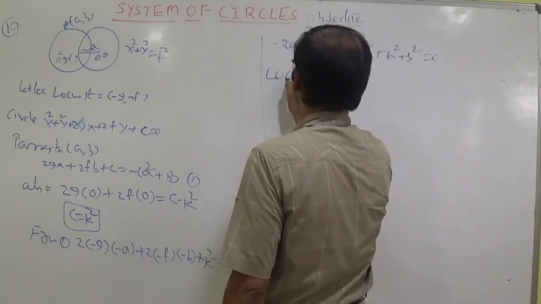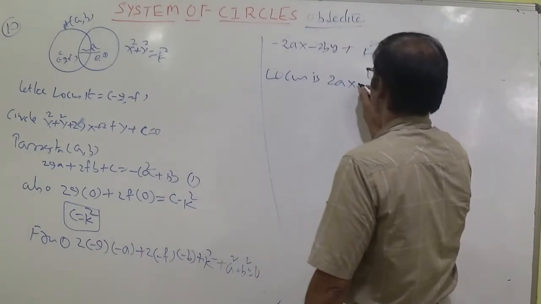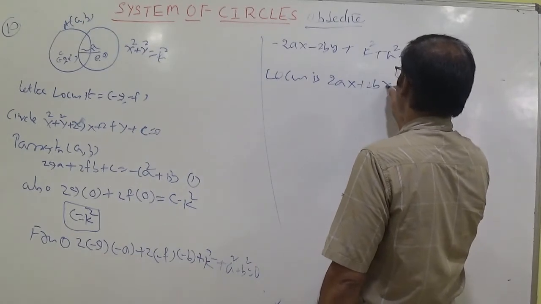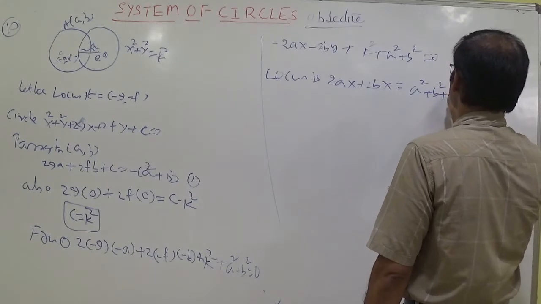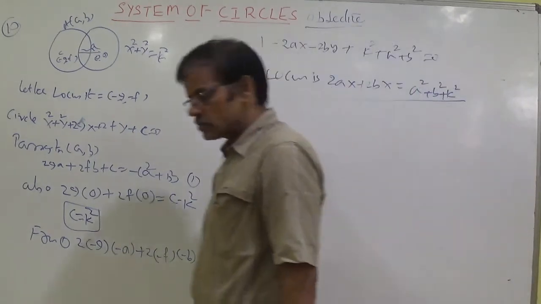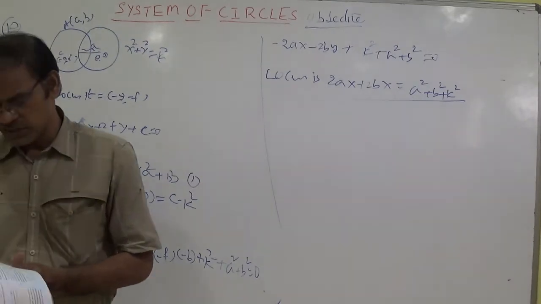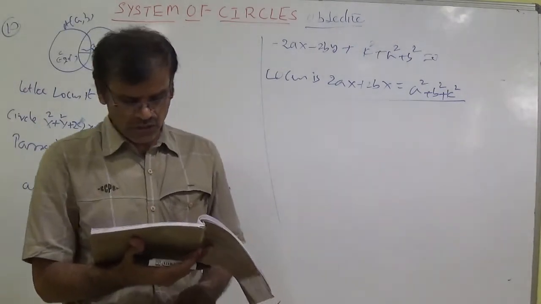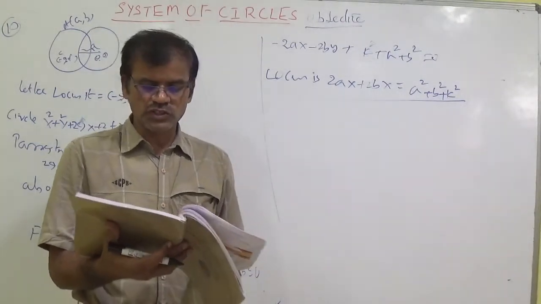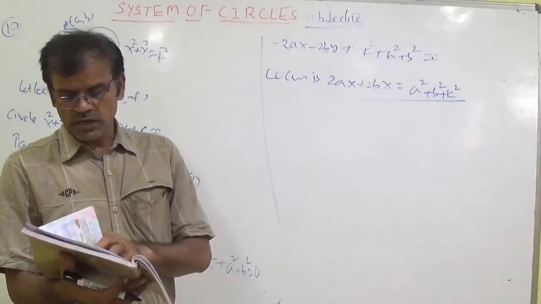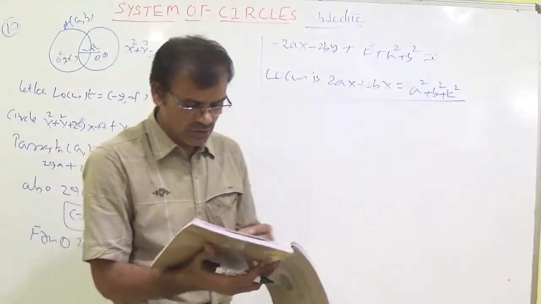Now you can write the locus. Taking this term to this side, it becomes 2ax plus 2by is equal to a square plus b square plus k square. Here it is. The 10th question answer is option 1. In a similar way, level 2 homework 4th question answer is also 1, and that question and this question are the same. Level 2 homework 4th one and CUQ 10th question.